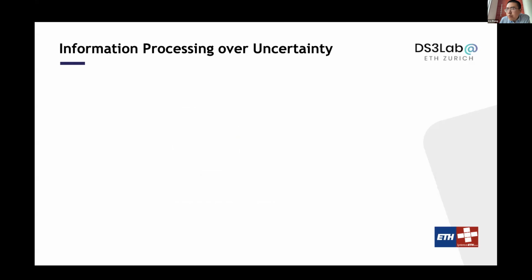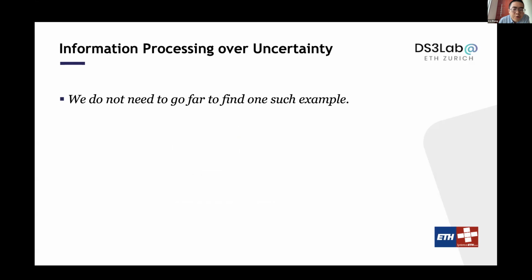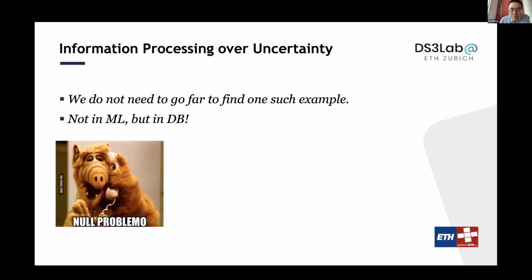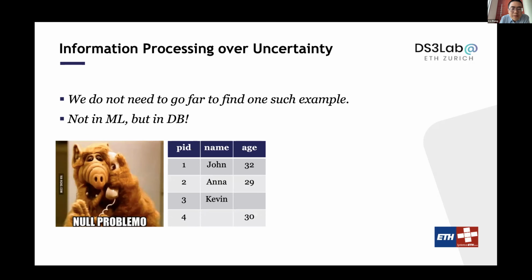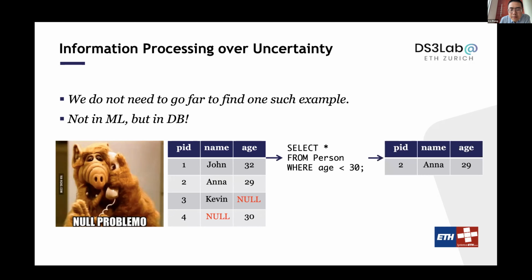And that goes back to a very beautiful theory in databases about information processing over uncertainty. You don't need to go really far to find such an example, they are in your database book. How do we database people think about uncertainty? Well, we just put them as a special state called null. For example, in this example, you do not know the age of Kevin. What should you do in a database? You put this very special state to say, hey, I have no idea what that is. And then once you answer some SQL query over it, you have this very special algebra to say, if you compare null with 30, my answer would be unknown. So the fundamental curiosity that we have is whether we can apply this also to machine learning.